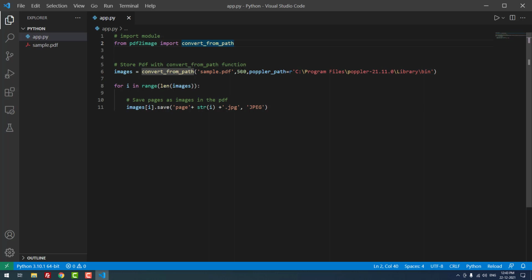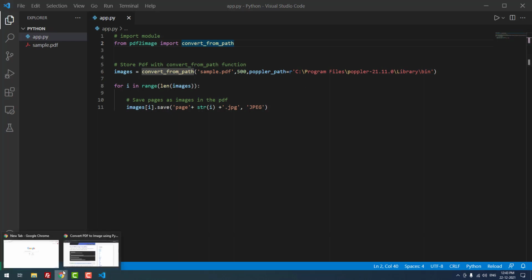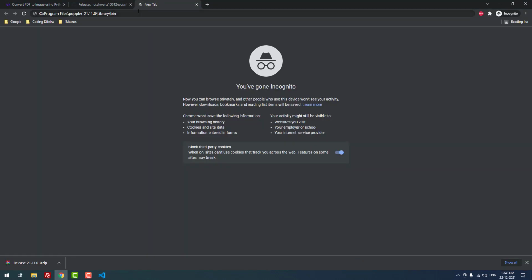The second parameter is image quality. If you want good quality, you have to provide a high value like 500 or 1000. The third parameter is the Poppler path. You need to mention the path here. As I already said, currently the version is 21.11.0, but in future it will change.